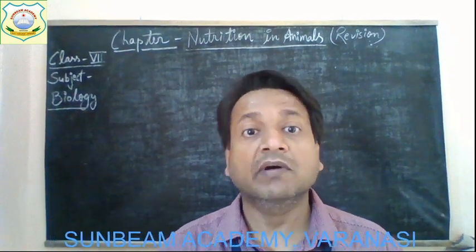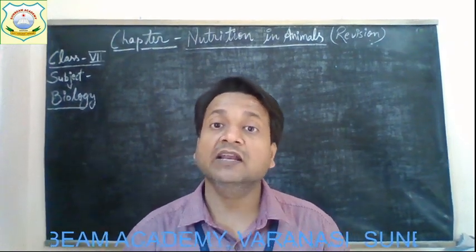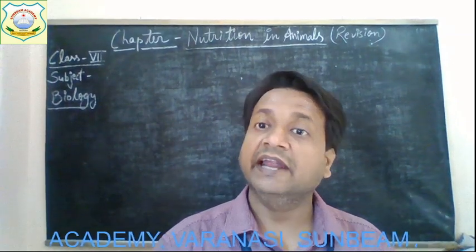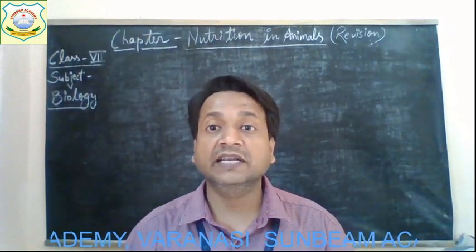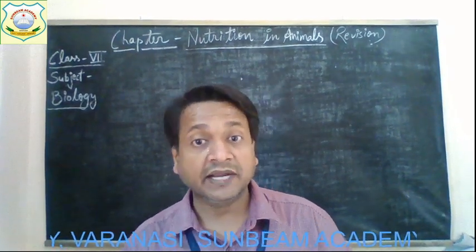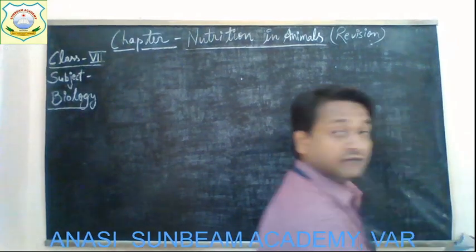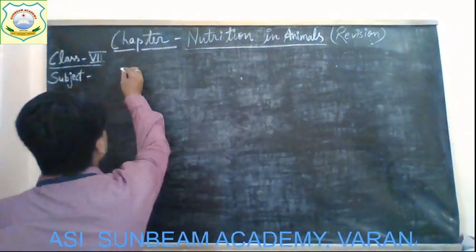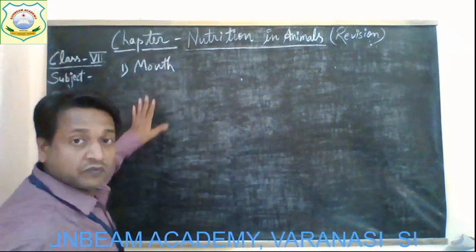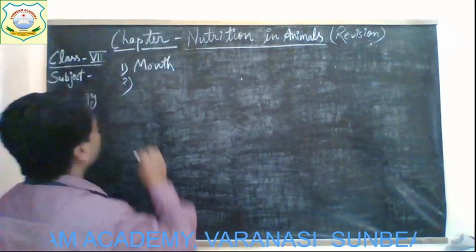Alright children, our body performs the steps of nutrition inside a long tube which is coiled in some places, and this is called the gut or alimentary canal. The alimentary canal is made up of certain organs. So the organs of the alimentary canal are: first one, mouth; second, food pipe or esophagus;